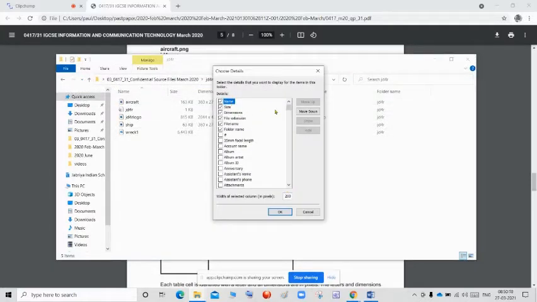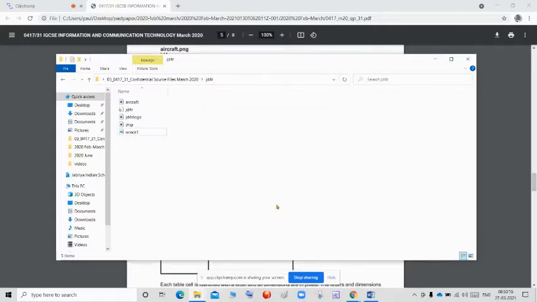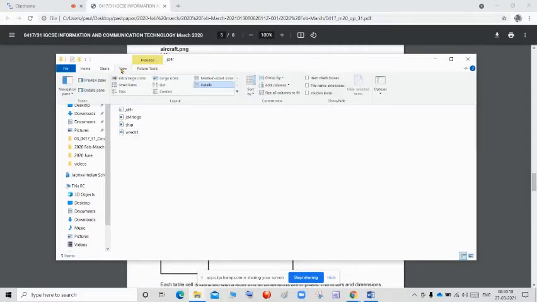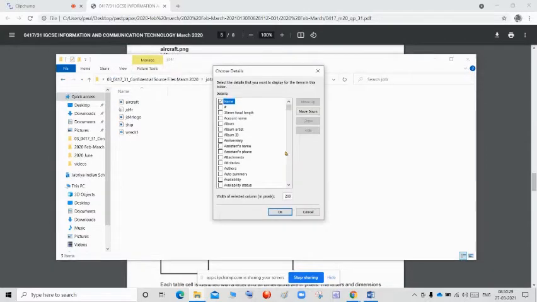Already I gave name and size. From this you can select. I will show one more time how to select all the things. First go to the View and check in the layout whether it is in the Details. If it is not in the Details, you want to click Details. After that, go to Add columns and click Choose columns. In this, in the question paper,